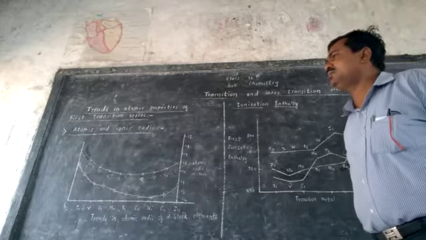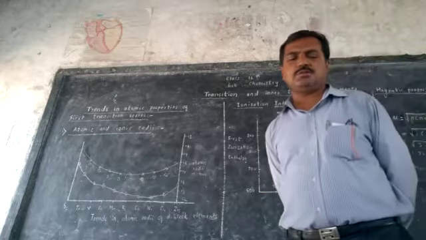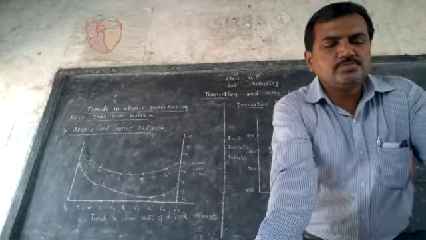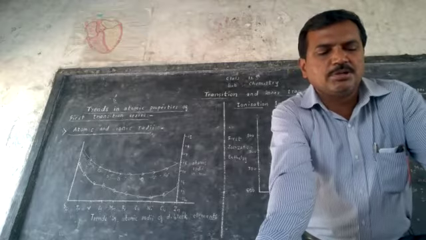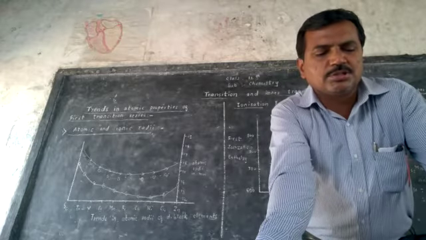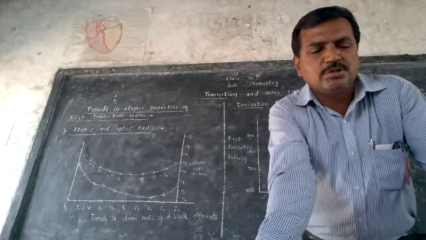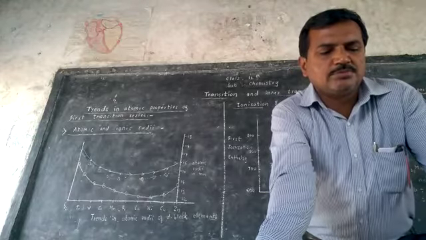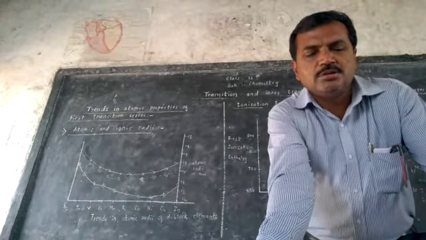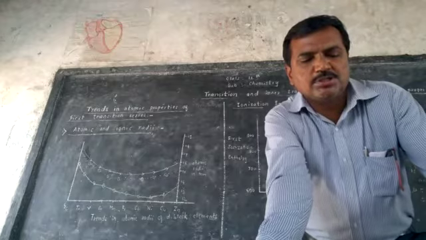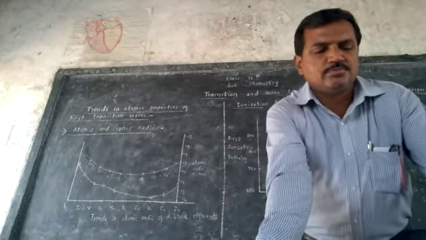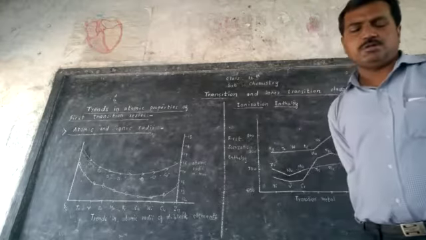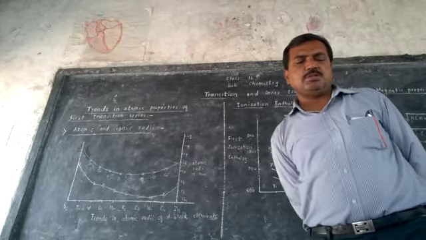Then metallic character. We know that these 3d block elements or transition elements are metals. They have low ionization enthalpy and vacant d orbitals in the outermost shell. They are responsible for the metallic character of transition elements. The hard nature of these elements suggests the formation of covalent bonds in them, and this is possible due to the presence of unpaired d electrons in these elements.